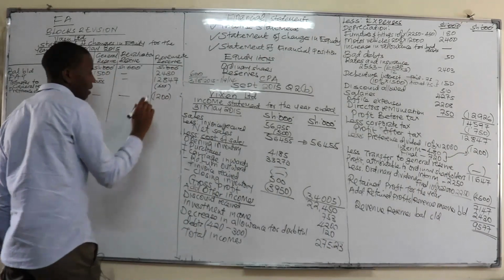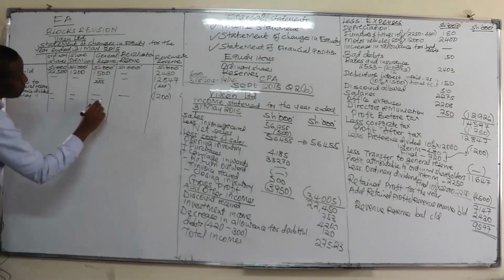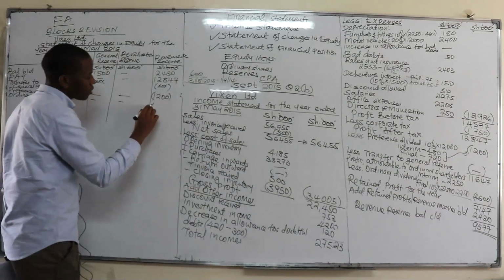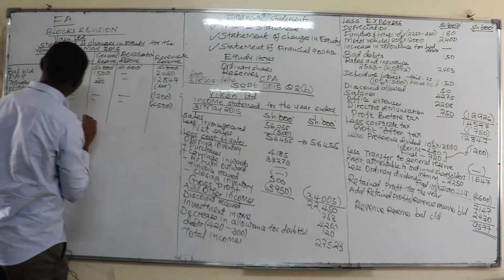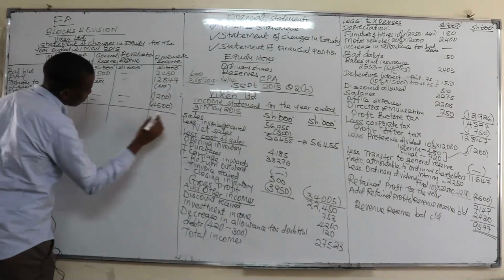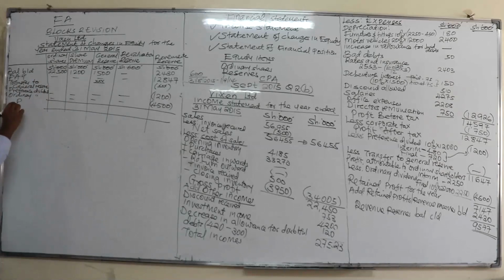Whereby in this case, the total is supposed to pay 1,200, we will less 1,200. And then also, if the ordinary dividend is also supposed to be paid out of this, and the total which was supposed to be paid is 45. So after that, what you will get there is now the balance carried down, which you will take to the statement of financial position.